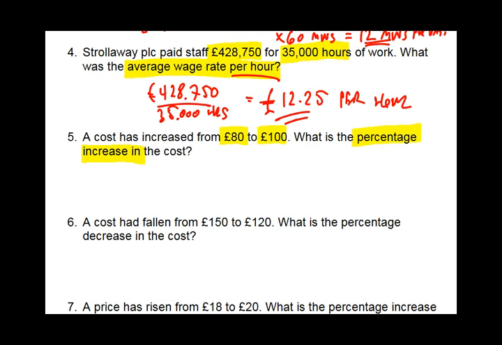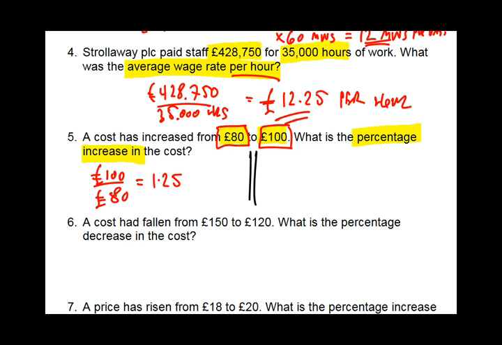Well, there are actually a couple of different ways you can do the calculation here, so I'll show you them both just so you're comfortable with them. Now, one way to do it is to take the end figure, so the end figure here is the £100 the cost had risen to, and then divide it by the start figure. In this case, the £80 that the cost had started at. So if I do it this way, £100 divide by £80. Now if you do that on your calculator, you'll get a figure of